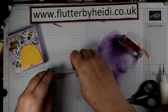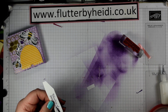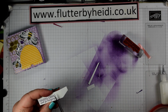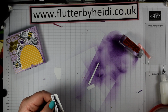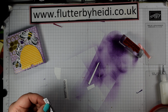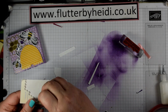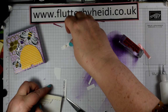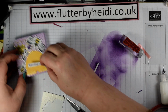So, you know, it's very easy to do. I'm just going to come in with my snips on this one and trim it quite close to the tops of those letters, like so. And then I'm just going to trim right along the top of the sweet friend section. There we go. Possibly not as straight as it might have been. Hey, there we go. And then again, with these mini dimensionals, they're perfect for adding these little sentiments. Don't even need to add a layer onto that if you don't want to. But there you have a thinking of you